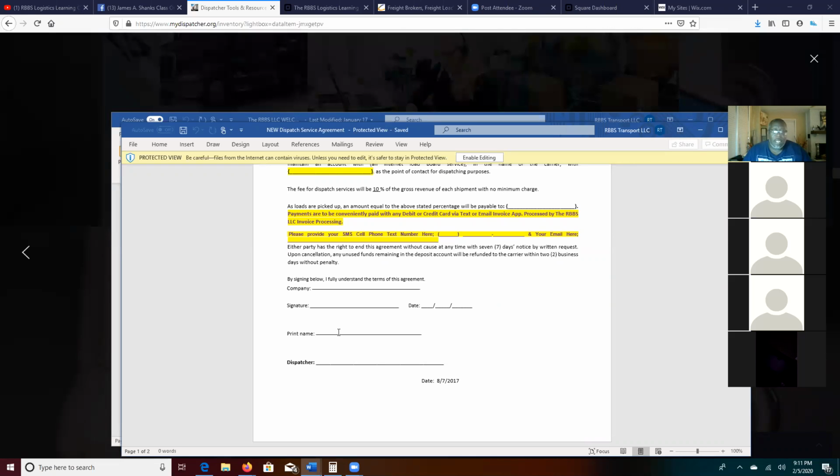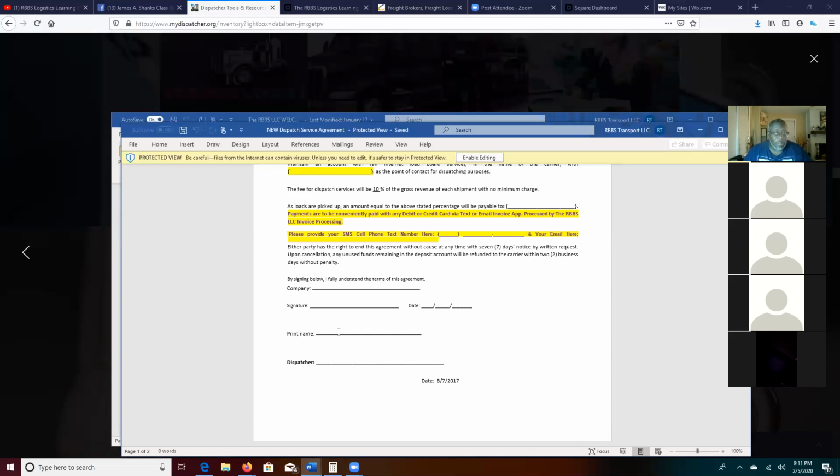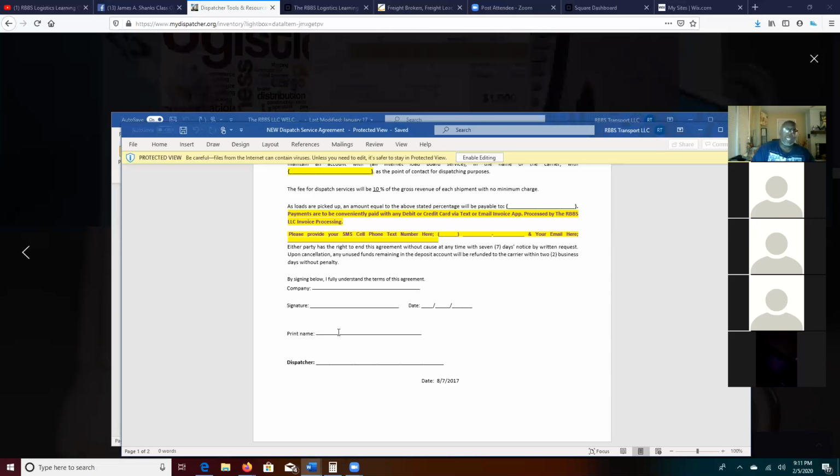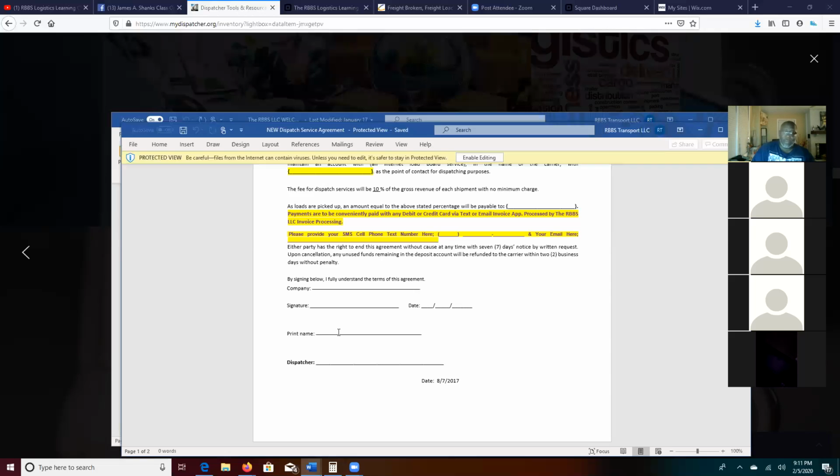MC number, their authority. But you're going to need that for their packet with the broker, right? But that's stuff that the broker is going to ask for when they fill out the carrier packet. You don't need to collect that stuff up front. If you call up a broker, the broker says, well, that carrier is not set up with us, we need a carrier broker agreement or carrier broker packet filled out. The broker then will send you that packet.